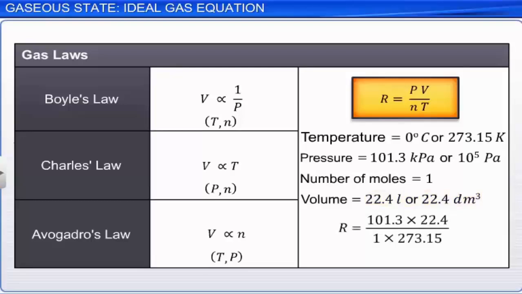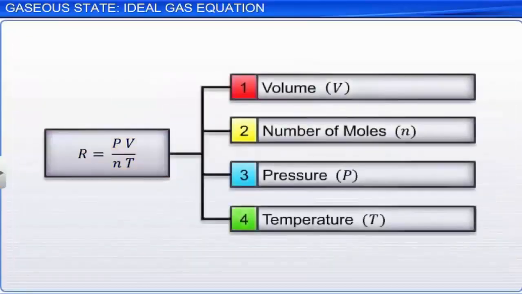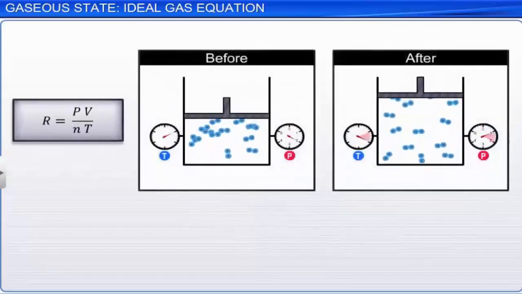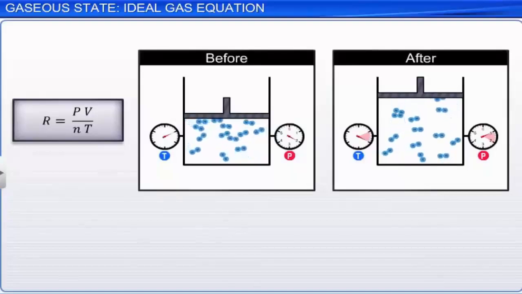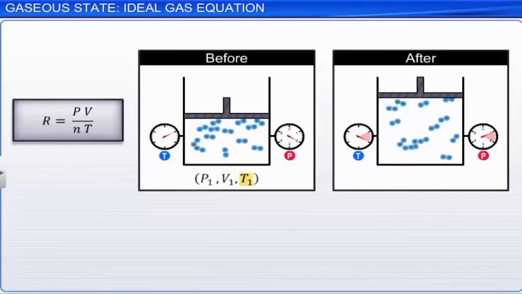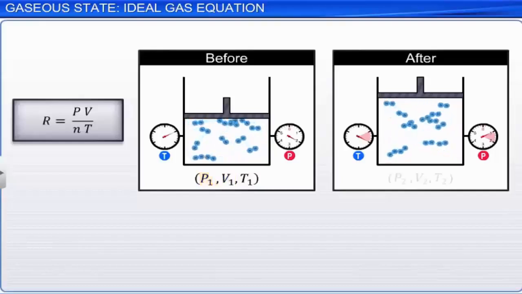We have learnt that the ideal gas equation is a relation between 4 variables: volume, pressure, temperature, and number of moles of a gas. If we vary temperature, volume and pressure of a fixed amount of gas, that is, keeping the number of moles N of the gas constant, from T1, V1 and P1 to T2, P2 and V2, then using the ideal gas equation, we can write